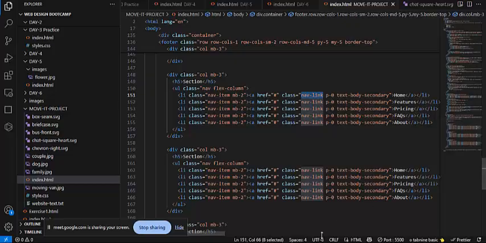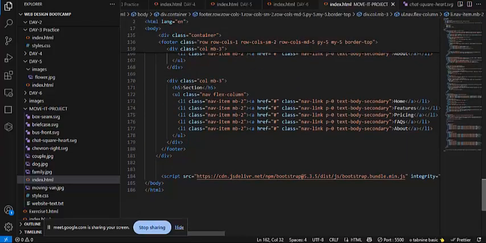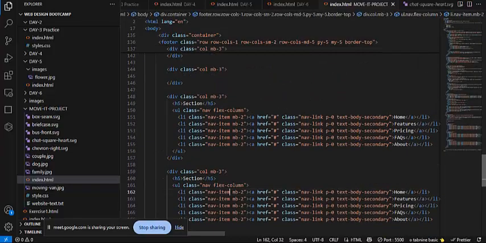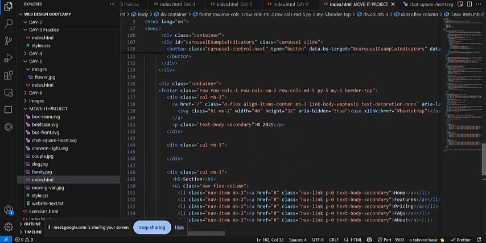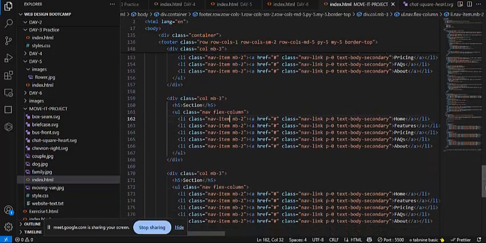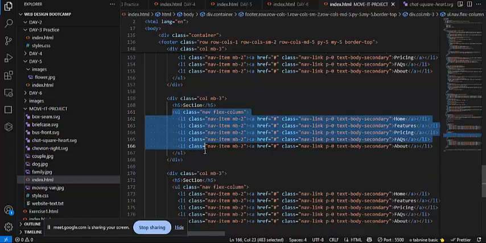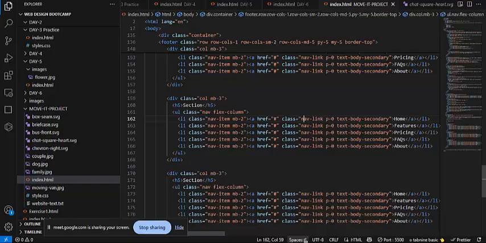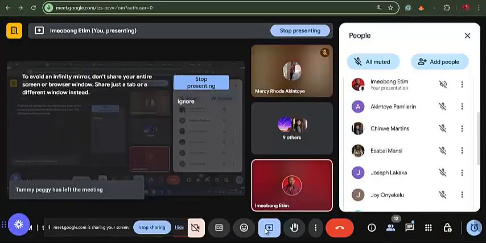So the MB2 means margin bottom. But most of these, like we said before, have been predefined using Bootstrap. So there's a CSS file on Bootstrap that contains each of the styling for these classes, and that's why when you put it in your code, it gives you the styling that you need. Right. So the next thing we want to look at now is we